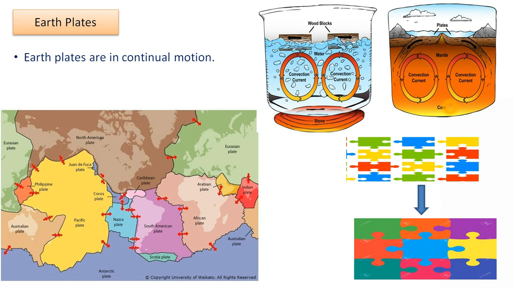Now the question is, how are these plates moving? Since inside the Earth you have a lot of heat, and this heat develops water current. It's something like, suppose you are having water here, and you put this water on a stove, and in the water you have placed two wooden blocks. Now, when you switch on the stove, what happens? Heat is supplied to the water. So as a result, what will happen? Water starts evaporating and water current develops, right?